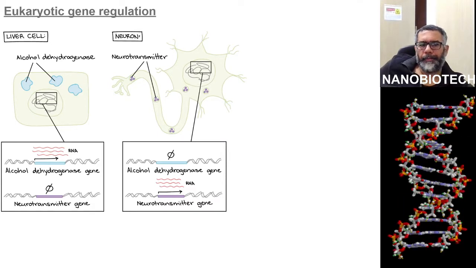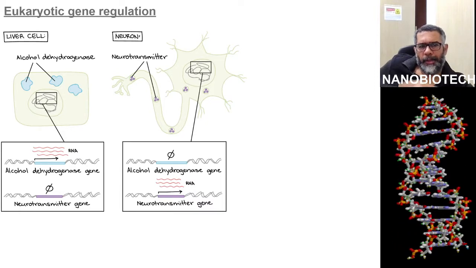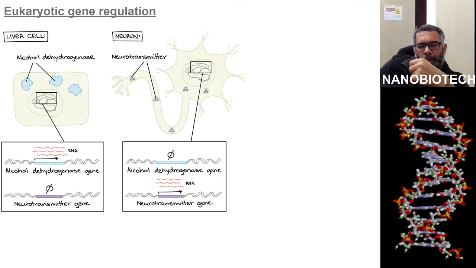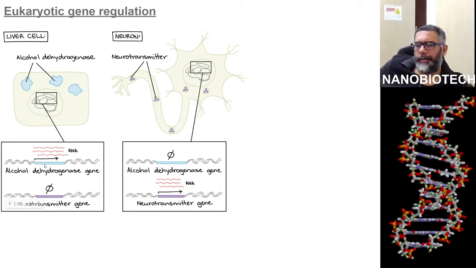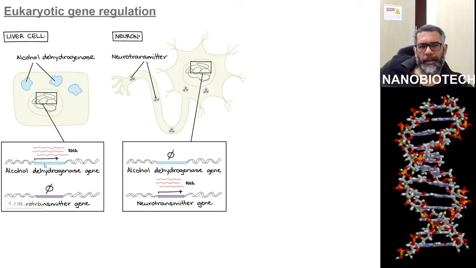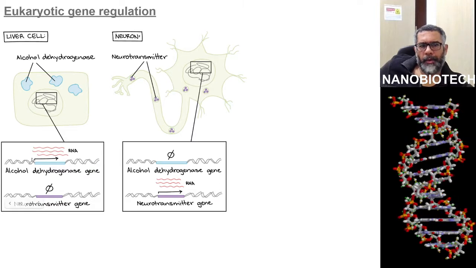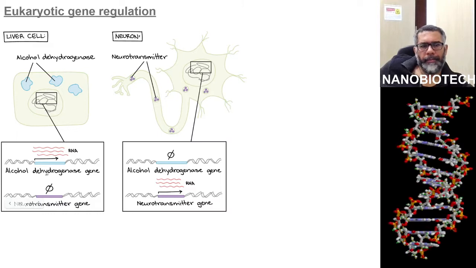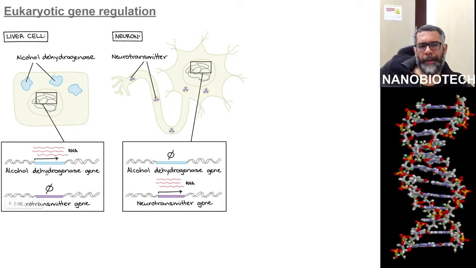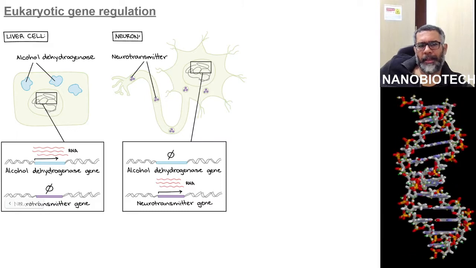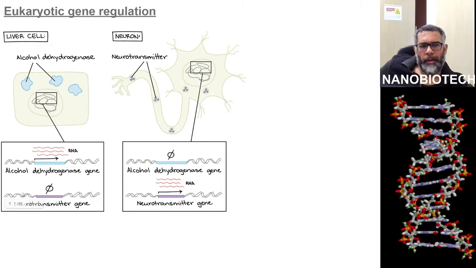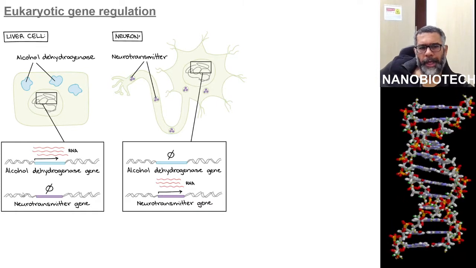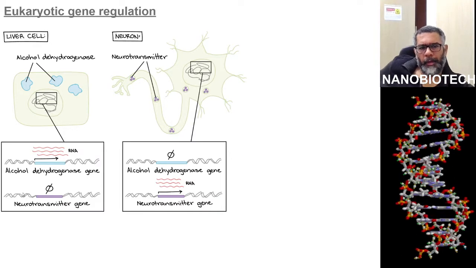For example, one of the jobs of the liver is to remove toxic substances like alcohol from the bloodstream. To do this, liver cells express genes encoding subunits or pieces of an enzyme called alcohol dehydrogenase. Okay? This is an enzyme. This enzyme breaks alcohol down into non-toxic molecules. So this is what happens when you take alcohol. The liver reacts to it just by breaking the molecules of the alcohol.